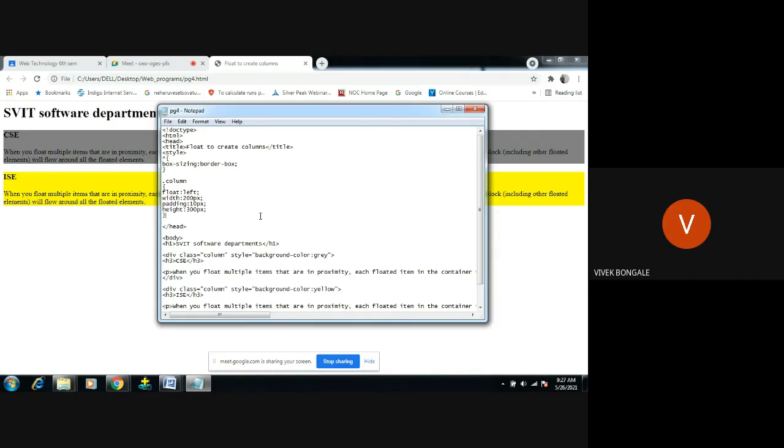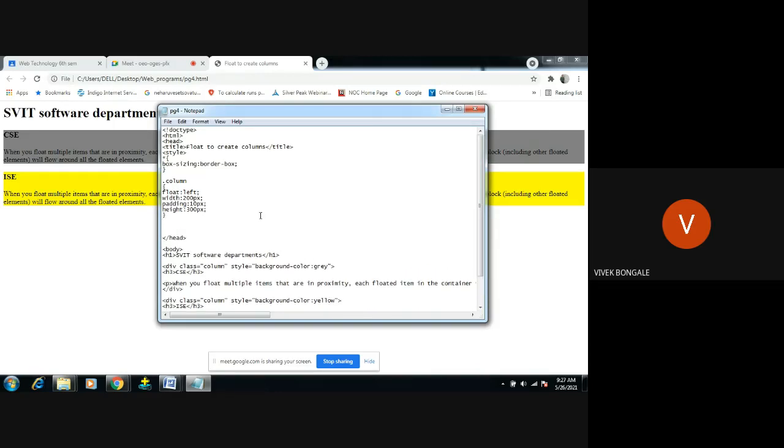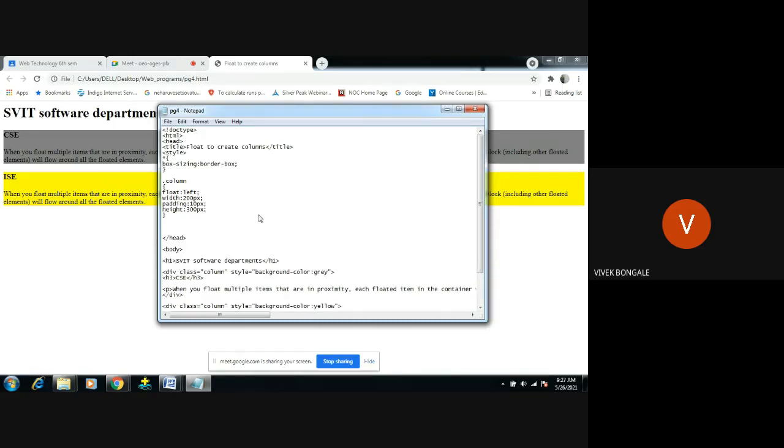CSC and ISC. But we are trying to create the row also, right? For that we have to create the container for row, means one row we're going to create. If we use only this part, we will not get the row, only the columns. We also need a row, means CSC will get one row, the middle center line, and ISC